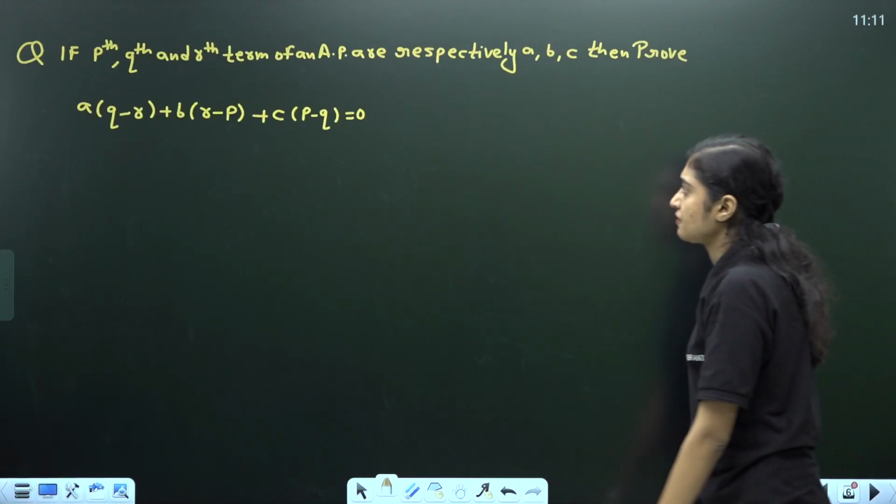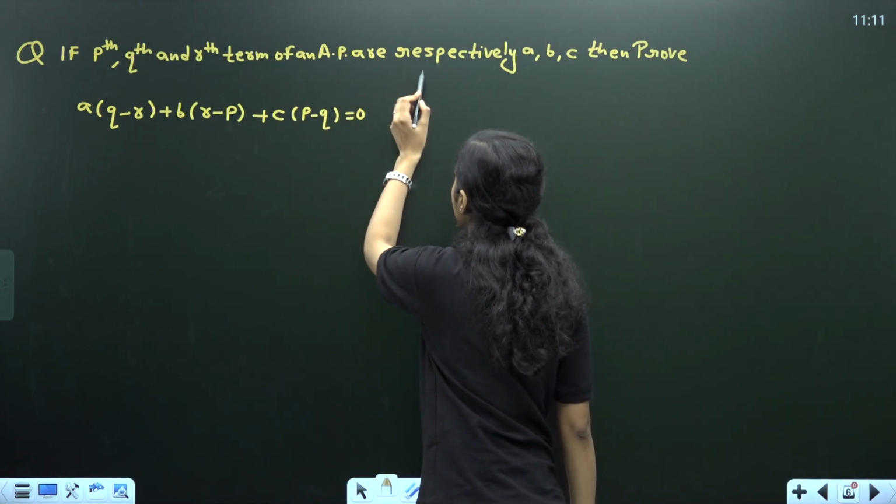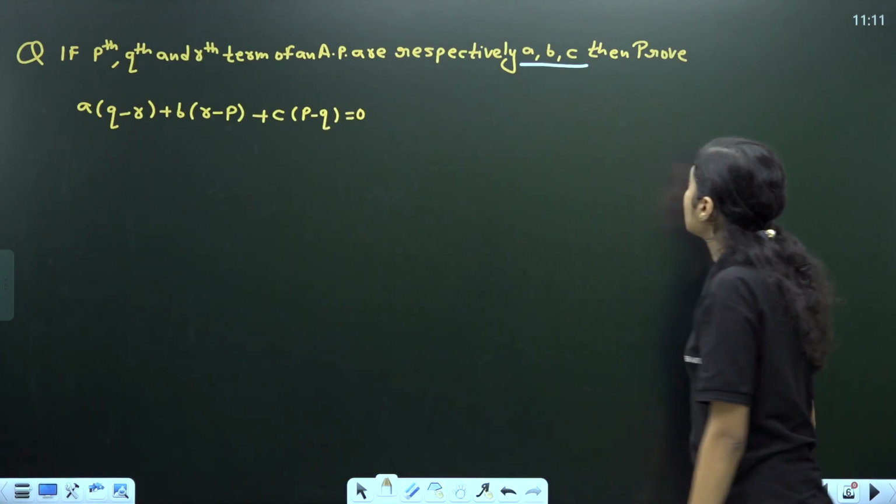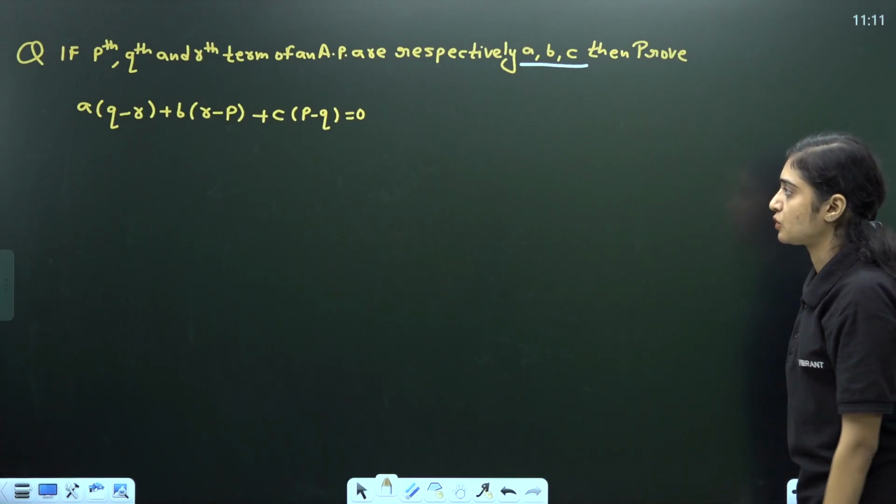Now the next question: if the pth, qth and rth terms of an AP are respectively a, b and c, prove that the given relation